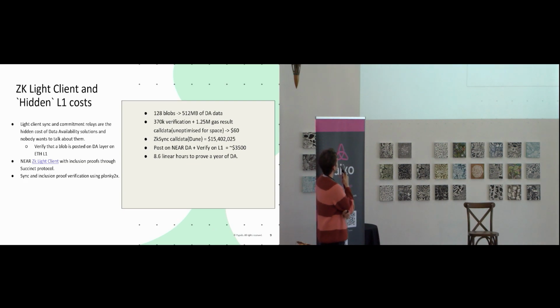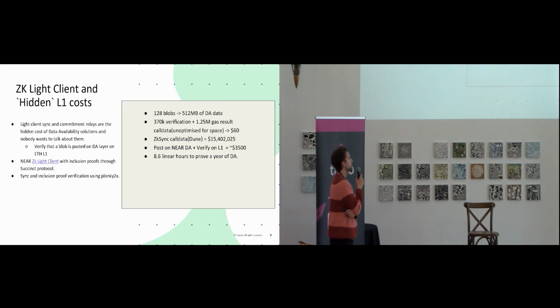Now, I want to talk a little bit about a very important part that nobody wants to talk about, which is the hidden costs, L1 costs, with the ZK light client. So the problem is, even if you store your blob data on a DA provider, you would like to get assurance on L1 that your data has been stored correctly. And as you might know, Ethereum call data is not as cheap as we want it to be, but we're working